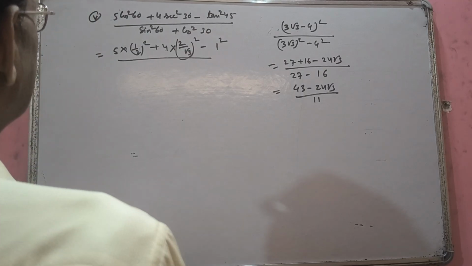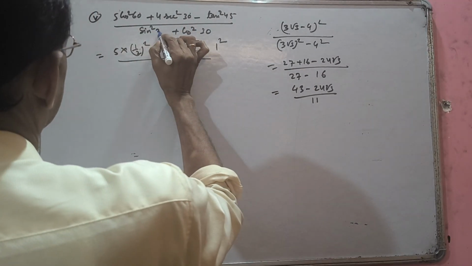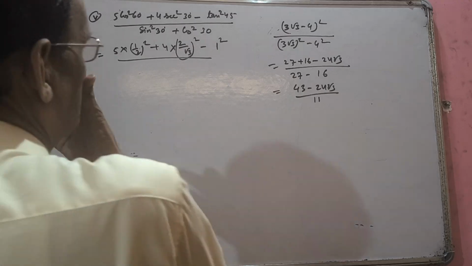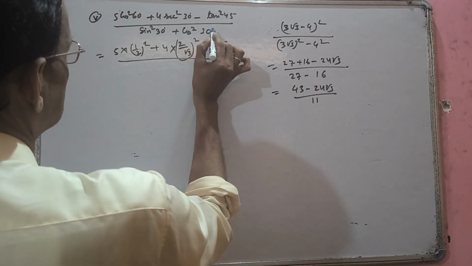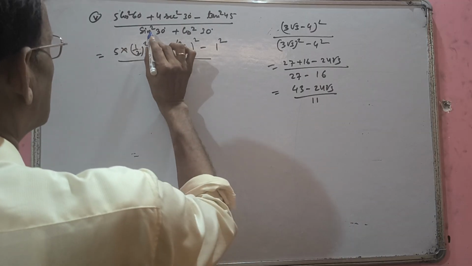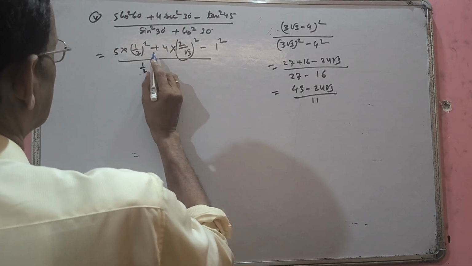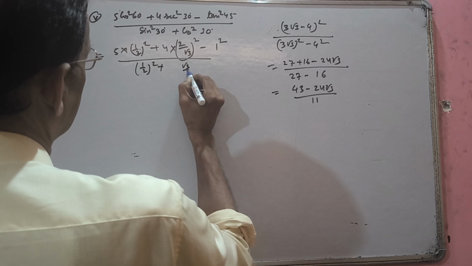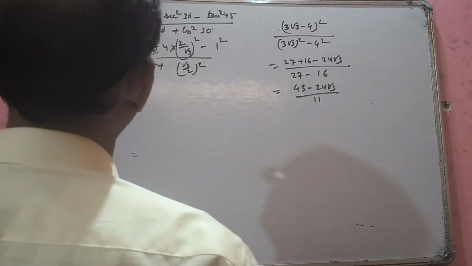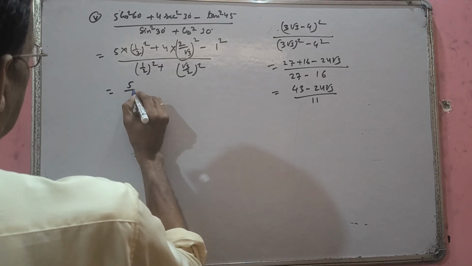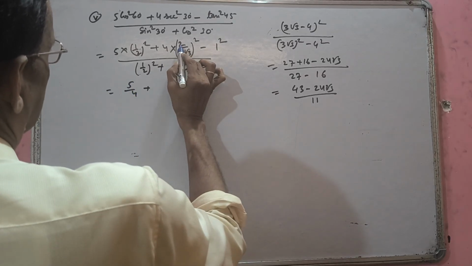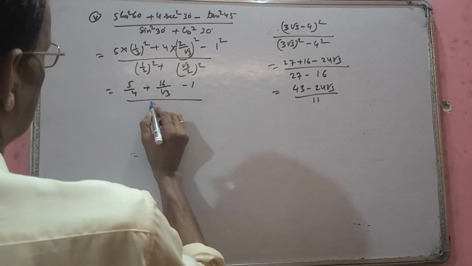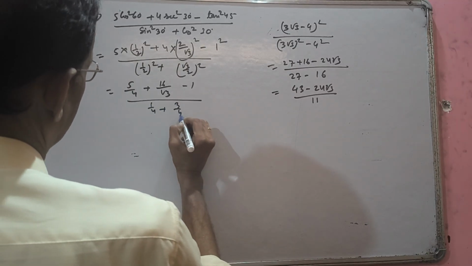Oh, this is not correct. This is 30 degree, sorry. Sin² 30° plus cos² 30°. You know sin² θ plus cos² θ is 1, so directly you can write this equal to 1. Or if you want, use the values: sin 30° is 1 by 2, whole square, plus cos 30° is root 3 by 2, whole square. Directly you can write 1 also. Now simplification: 5 by 4 plus 2 square, 4 fours are 16, by root 3, minus 1. This is the numerator.